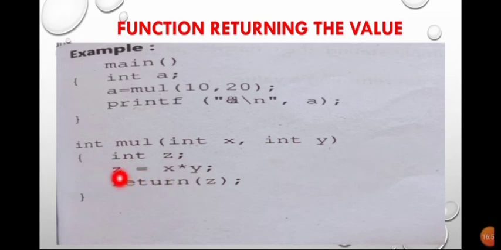Now see, this z variable returns here, return z. Once you obtain the result, the value of z is written here. Why? If the value is written here, then you can use this in the remaining program without any error. That is what a function returning a value does. You have to return the value, then it is possible to use this in the remaining program.